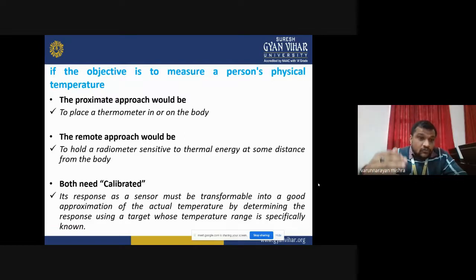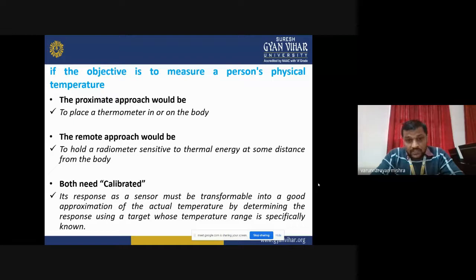And when we use the term remote sensing, it is a kind of process where we use some sensors to get the information, but we don't have any physical contact. We put the sensor at some distance from the human body or person whose temperature we are going to observe. So this is the best example to differentiate between proximal sensing and remote sensing. And also in both of the cases,